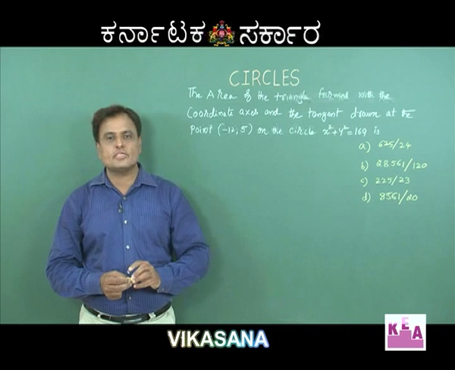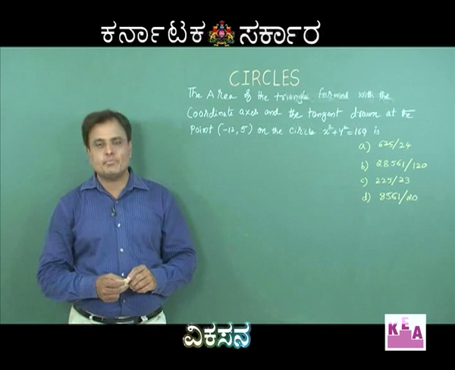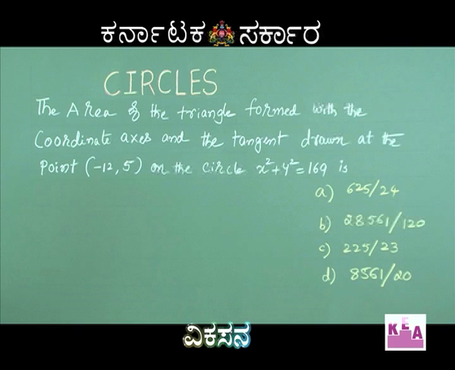Now let us discuss problems based on circles. Let us take up the first example on circles. The area of the triangle formed with the coordinate axes and the tangent drawn at the point minus 12, 5 on the circle x square plus y square is equal to 169 is. Options are A: 625 by 24, option B: 28,561 by 120, option C: 225 upon 23, option D: